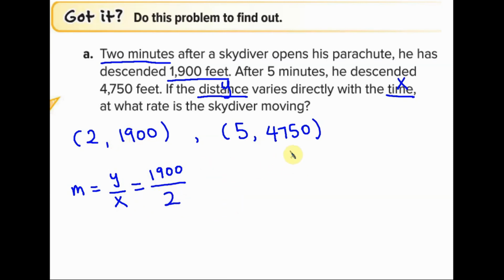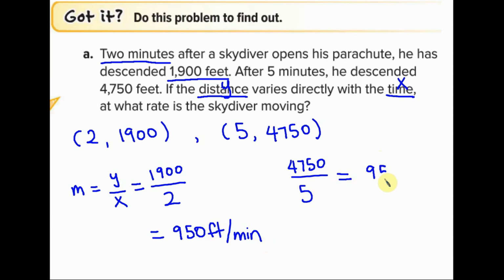This ratio should be the same as this number, where you have 4750 feet within 5 minutes. If I simplify this number, 1900 divided by 2, I will get 950. So he's descending 950 feet per minute. If I'm looking at this number as well, if I simplify 4750 divided by 5, I will still get 950, and the unit should be the same, feet per minute. So you'd realize that any number that you pick should work as long as you're using the corresponding number